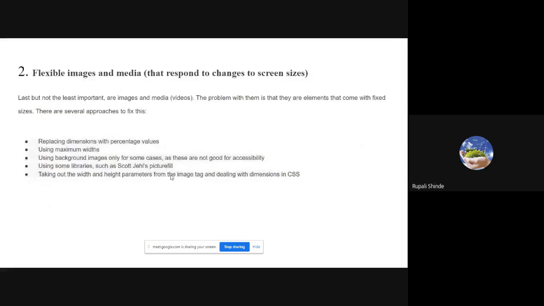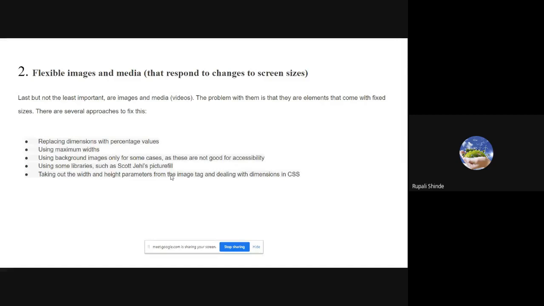Then flexible images and media that respond to changes in the screen size. Here we can say images and media can change according to the screen size. Last but not least important are the images and media videos. The problem with them is that they are elements that come with fixed sizes.